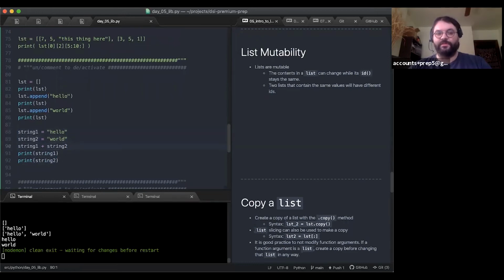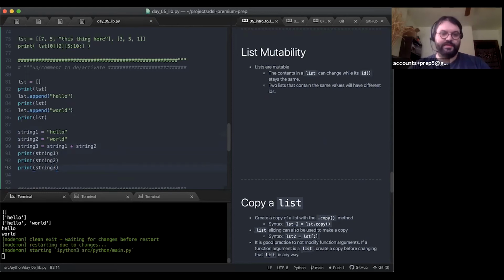There's no operation in Python that will change the value of the string other than, if I wanted string 1 to include world, I would have to change it by reassigning the variable. If this was string 3, you could do that, right?